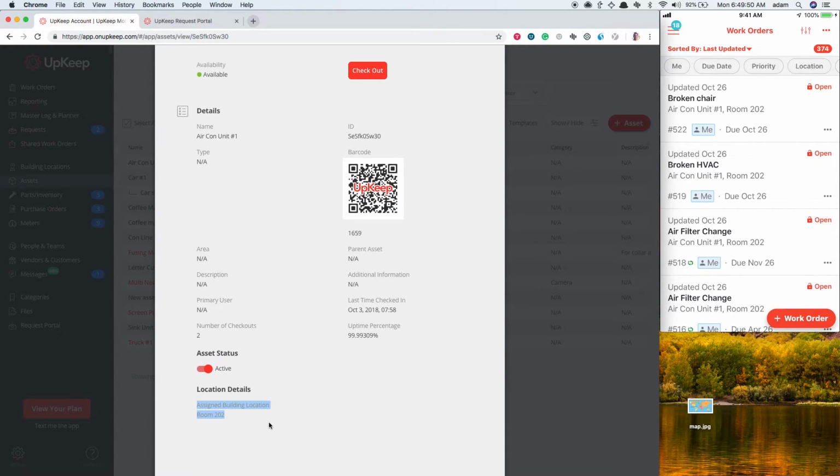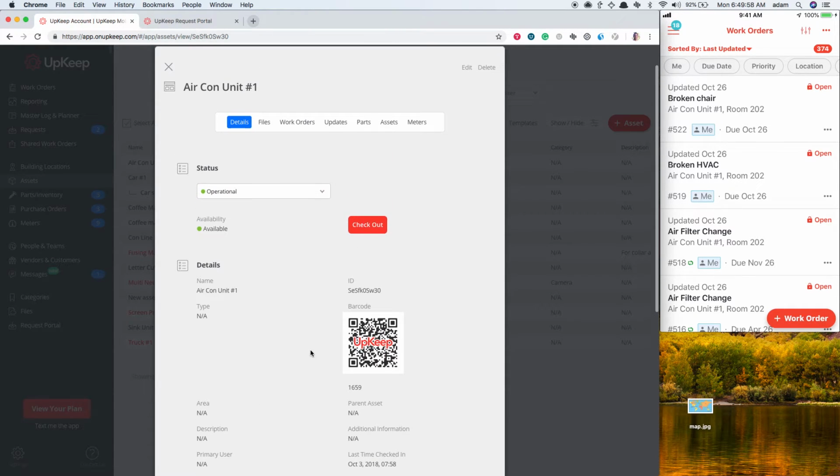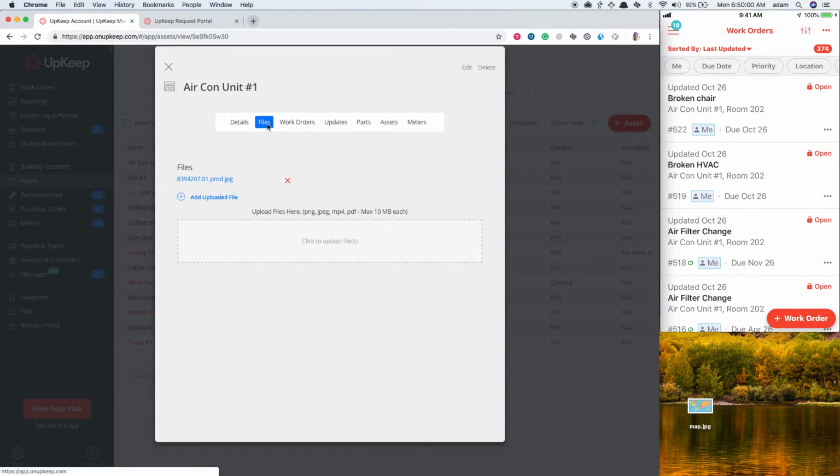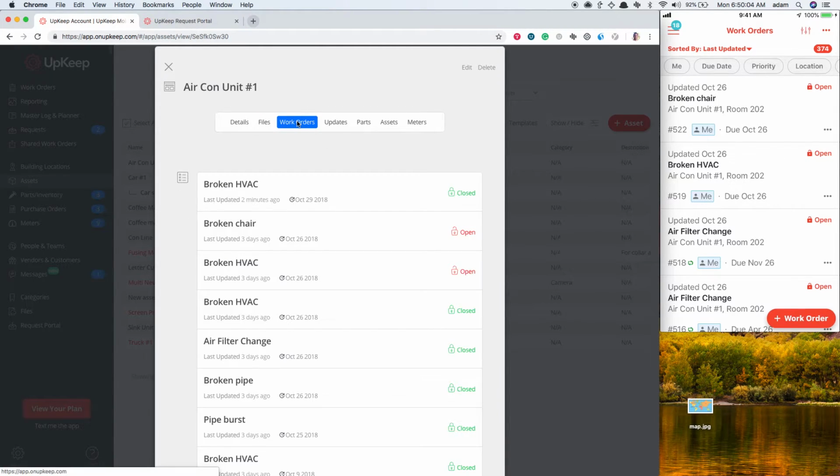Now it's going to be really important to set up your locations and assets because that's going to roll up into reporting at the end of the day. Now, as I previously covered, we can upload files to specific assets and we can see that full work order